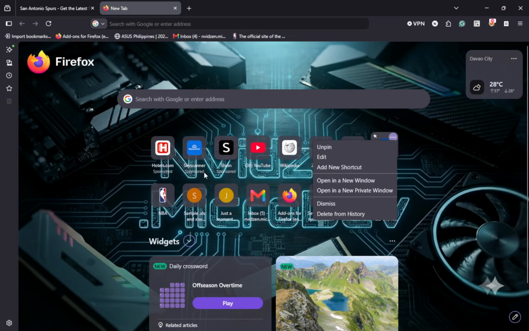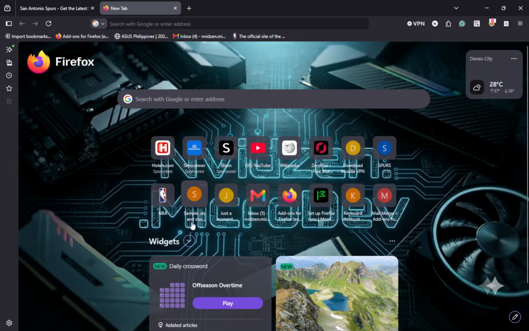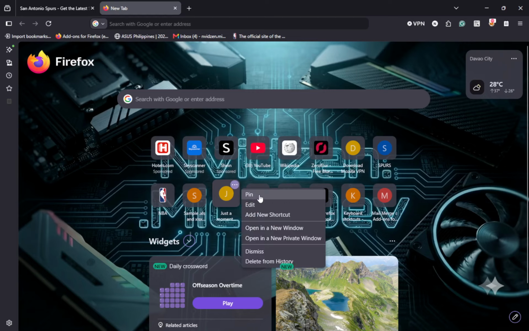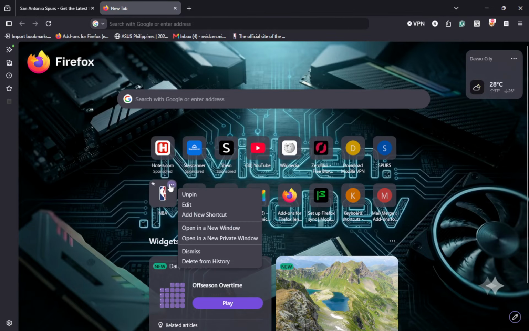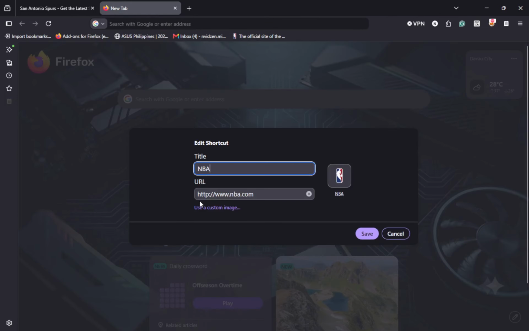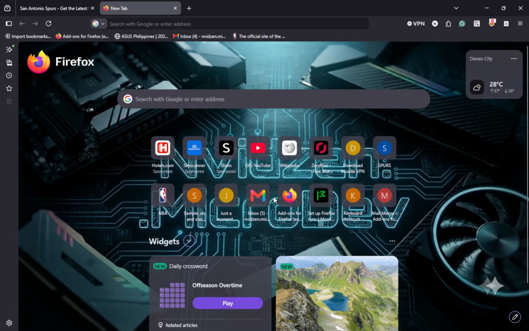When you pin a shortcut, Firefox keeps that site in place, even when your browsing habits change. This helps prevent a favorite site from being replaced by other pages you only visit once. From the same three-dot menu, you can also choose Edit if you need to change the shortcut title or its address. Selecting Edit brings back the same window you used before, with the fields already filled in. There is also a Dismiss option there, which removes that shortcut tile from your grid if you no longer need it. If instead you want a shortcut directly on your Windows desktop, start by opening the website in Firefox.